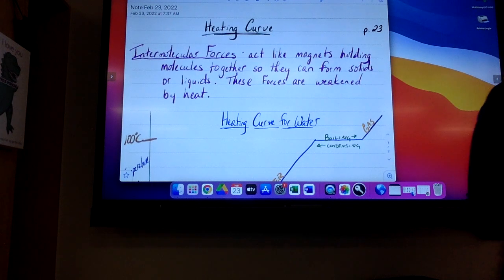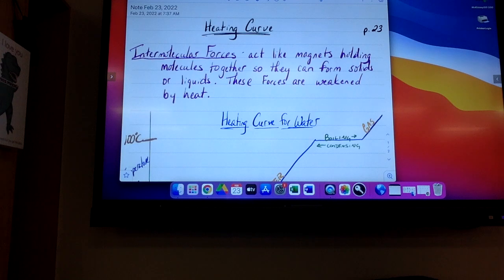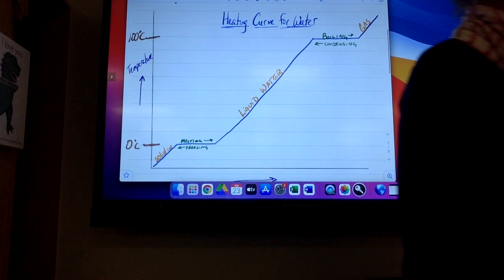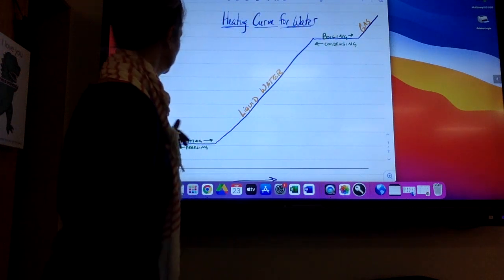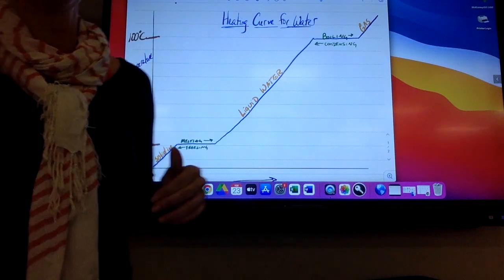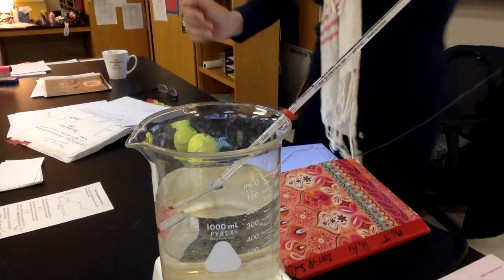Okay, so let's talk about this. Why does this heating curve get flat in some areas? That's what we need to know. Well, I have right here a thing of water, and I set it on a heating pad,